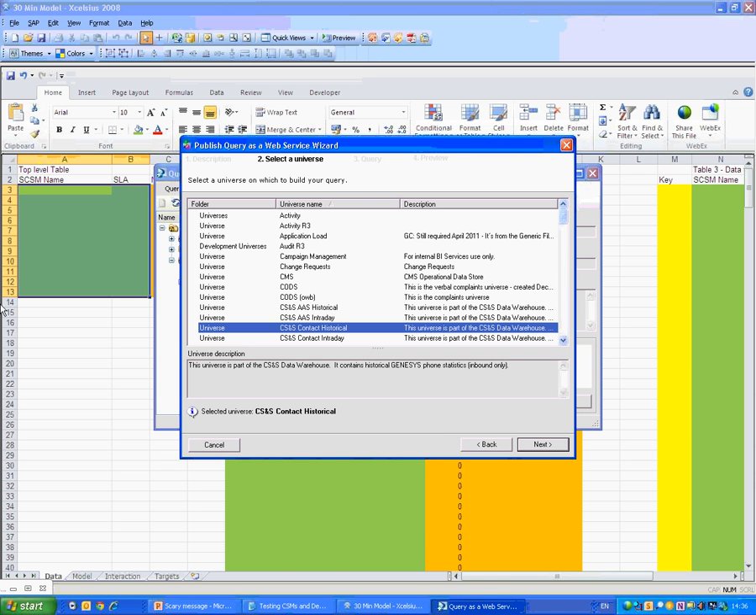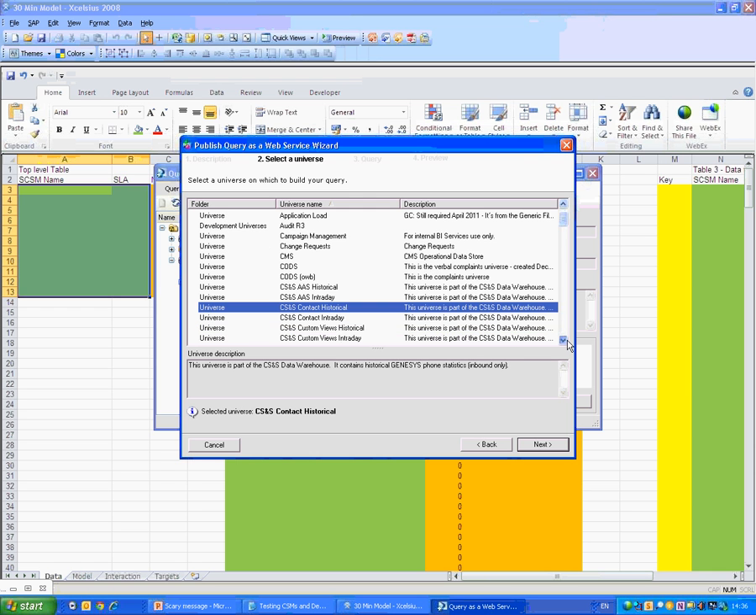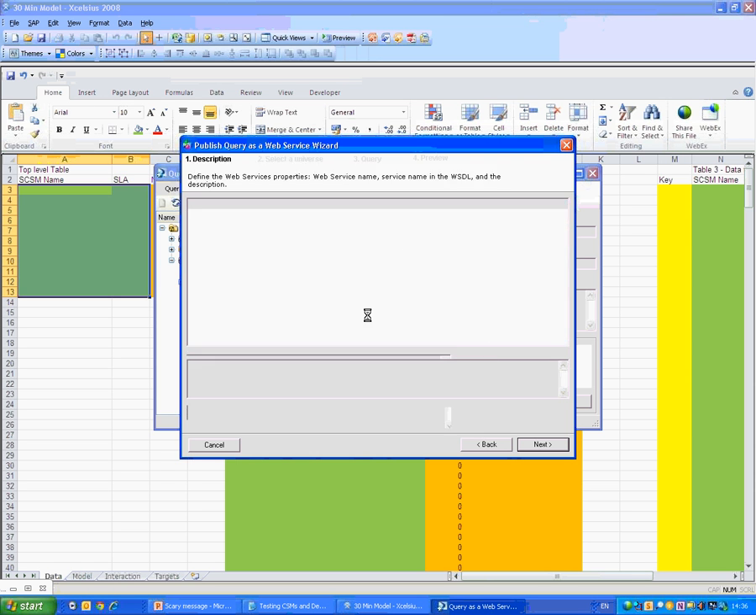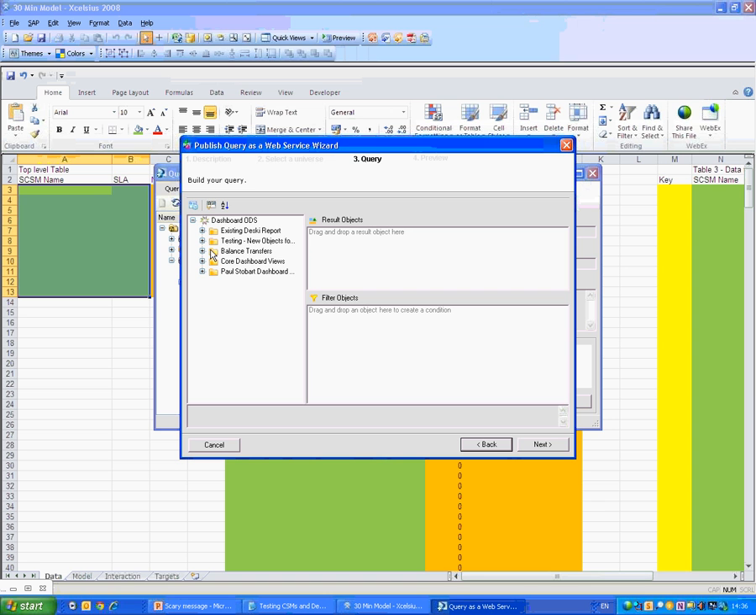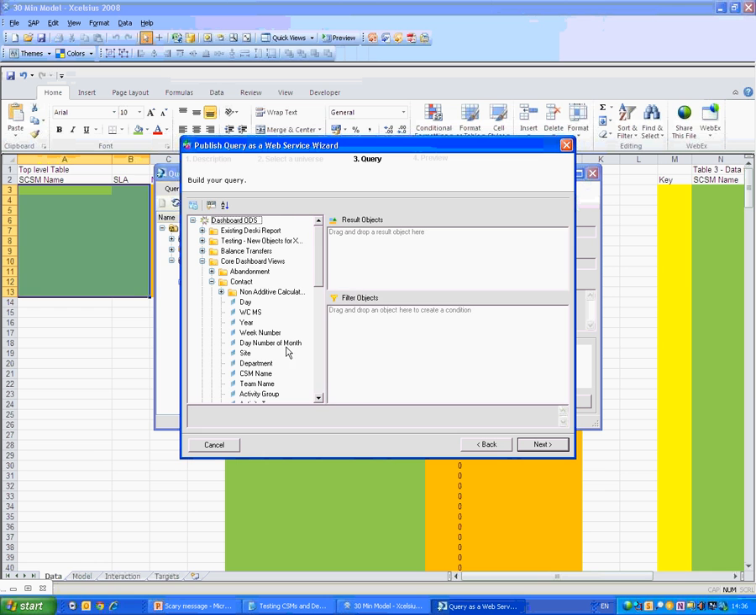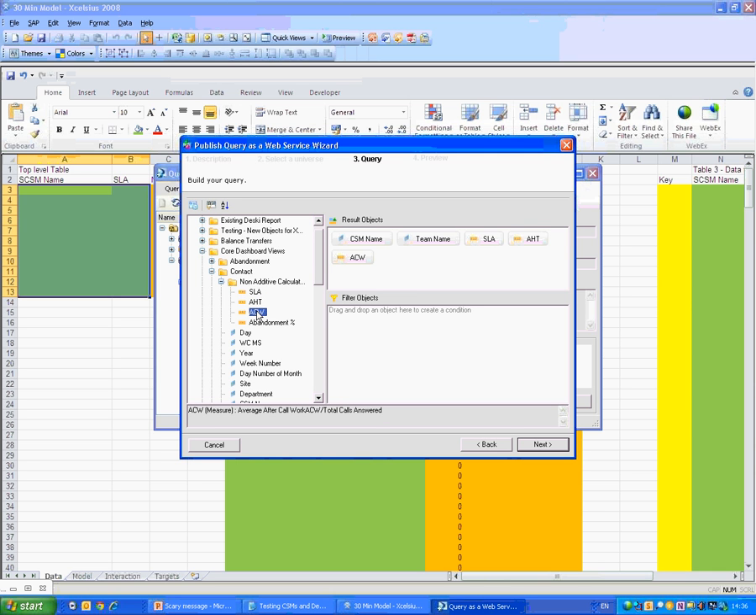And then it's just like creating a Deski or Webi report. You need to select the universe it's going to come from. You're not going to use contact historical because it's slow. It needs to be quick. It needs to be based off materialized views or aggregate layers, and that's what Dashboard ODS is. It has all the data that we need within it, including predefined